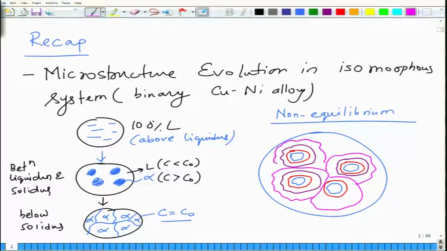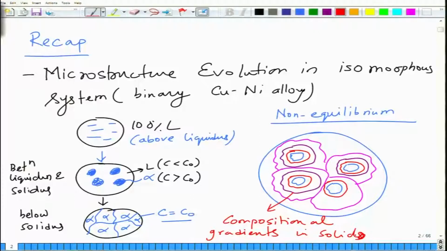Okay, so what this depicts is that you have compositional gradients in solid